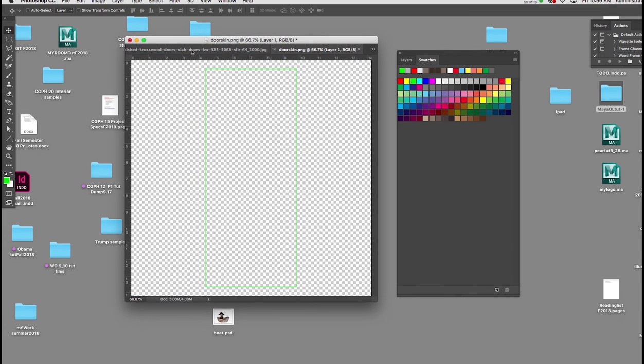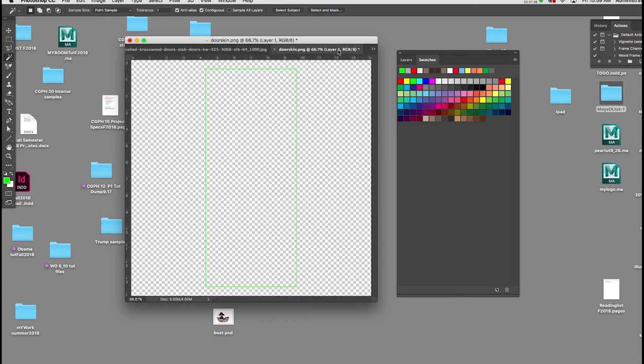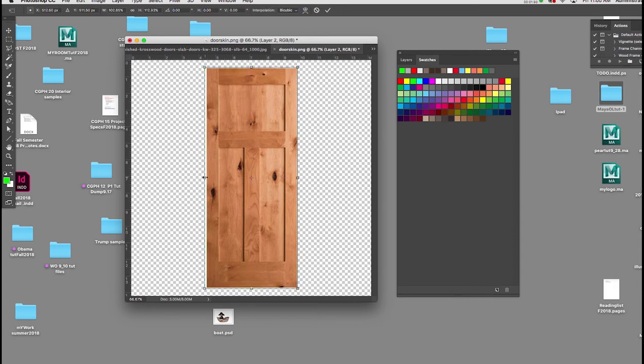I'm now going to take the image that I acquired from the internet and I'm going to copy and paste the door into my door skin PNG. I'm going to hit W on the keyboard and with my magic wand tool I'll click on the white background. I'm going to go to Select, Inverse, and then I'm going to choose Command C, go to door skin, and then hit Command V. I'm going to scale it up to fit within the green line,